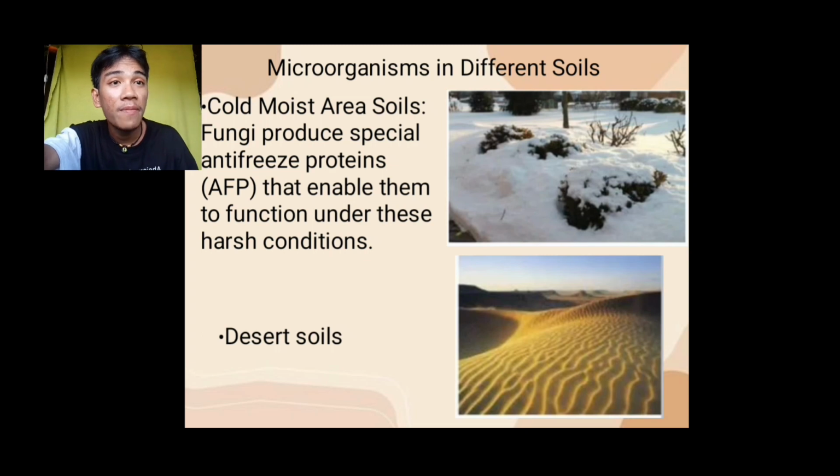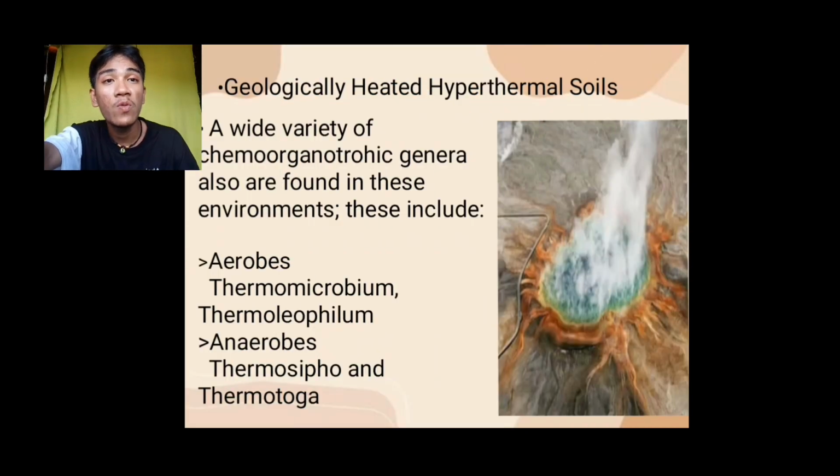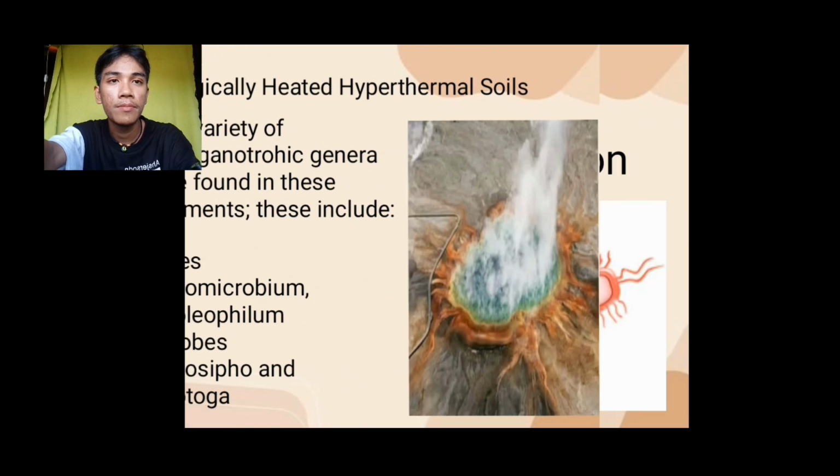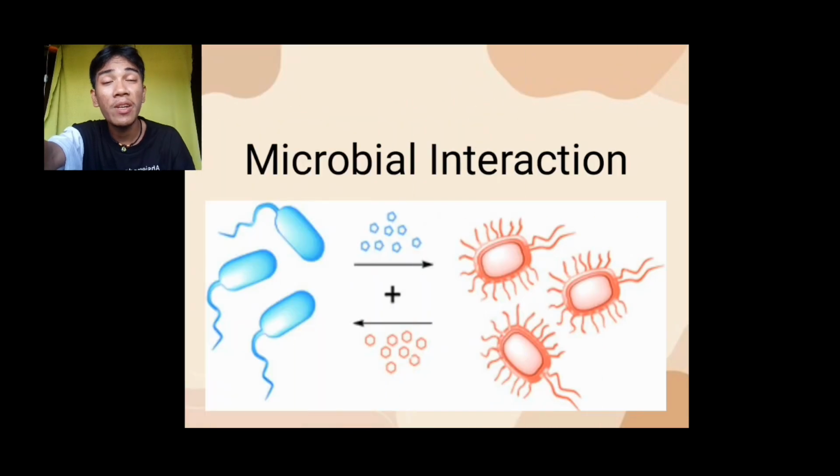And aside from that, in the microorganisms in different soil, we have also the desert soils. And of course, the last one, the geologically heated hyperthermal soils. A wide variety of chemoorganotrophic genera also are found in this environment. And these include aerobes, the anaerobes. Okay, those are the three microorganisms in different soils. Okay, so we are done with the